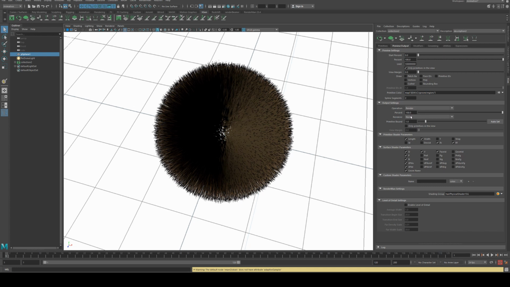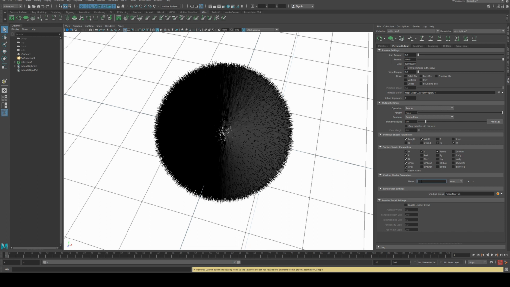Output settings, operation renderer set to Renderman. We're going to create a shader. Now, first you'd want to create a Marschner hair shader. That would be your inclination. Just as an example for this, I'm going to use the Pixar surface to begin with, and then I'm going to switch it to the Marschner hair shader. We also need to create a custom parameter for our color